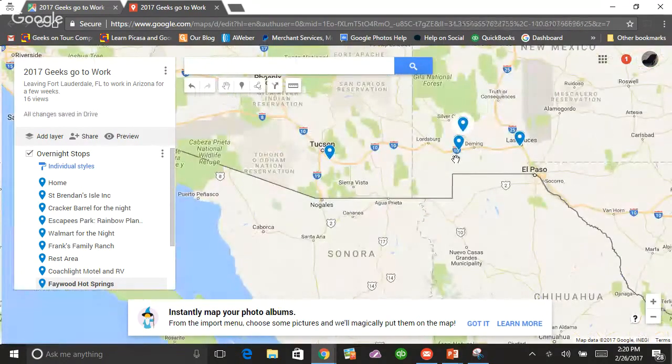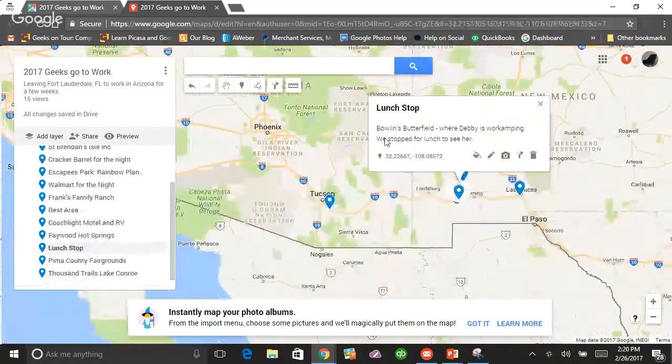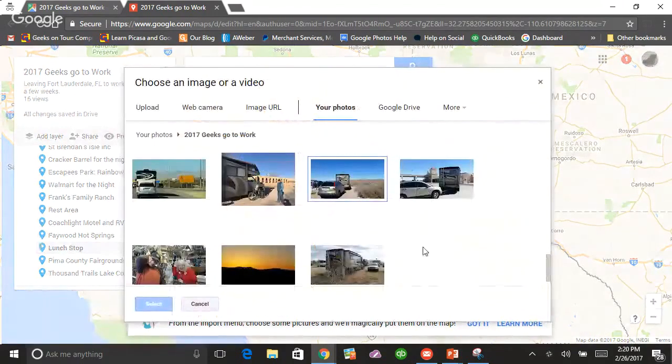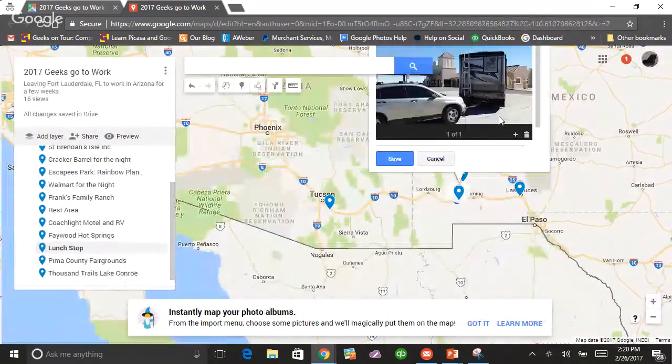All right. Next stop, we just stopped for lunch. Friend Debbie is work camping. And here I have 2 pictures I want to add. So we'll do that. There is a picture of the place. Butterfield Station. Now to add another picture,